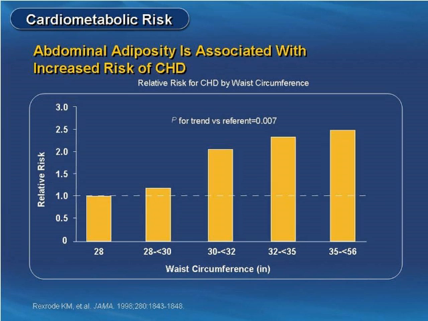So in like fashion, like we've just looked at waist circumference related to the risk of type 2 diabetes, what have we said all along in the treatment of the metabolic syndrome or cardiometabolic disease? That type 2 diabetes and cardiovascular disease or coronary heart disease follow a similar, parallel path. So here again, we can see that as the waist circumference begins to grow, look for example, once we get to 32 to 35 inches and then up above 35 to 56, we're well above what we would see as a normal risk for somebody developing that.